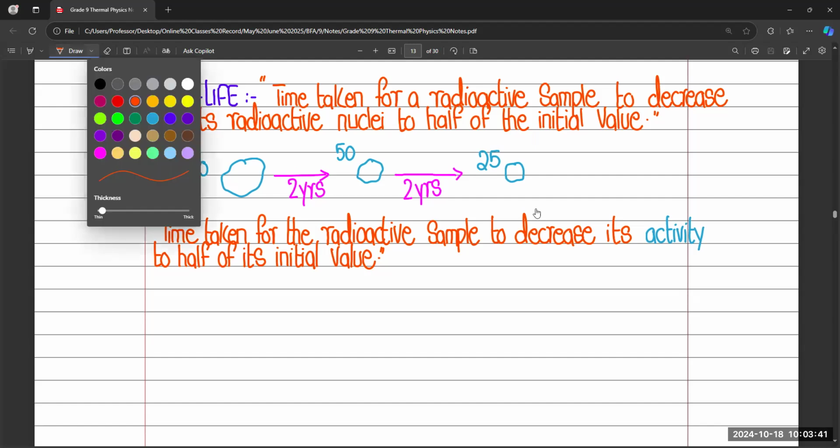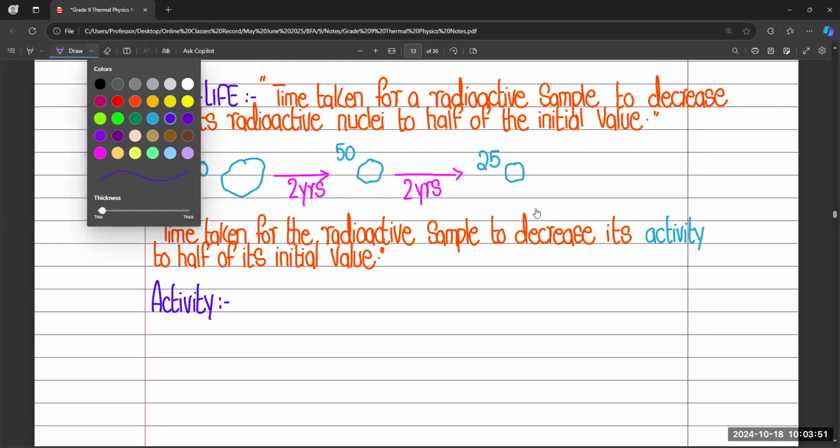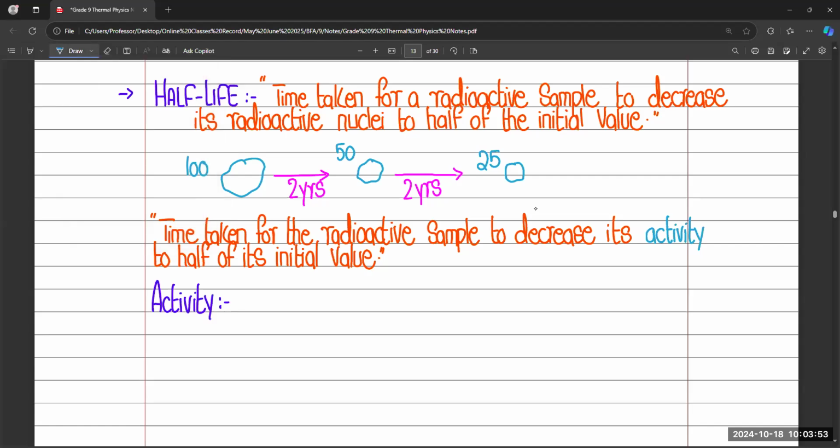For example, if we define activity, it is like a normal term, like we can perform different activities in our daily life. So this is the same thing, right? Activity gives you the idea of rate